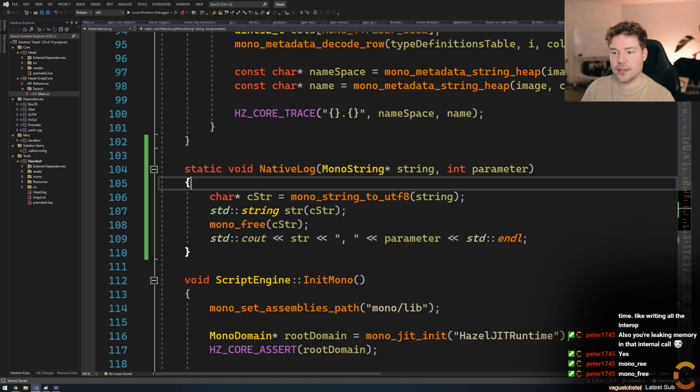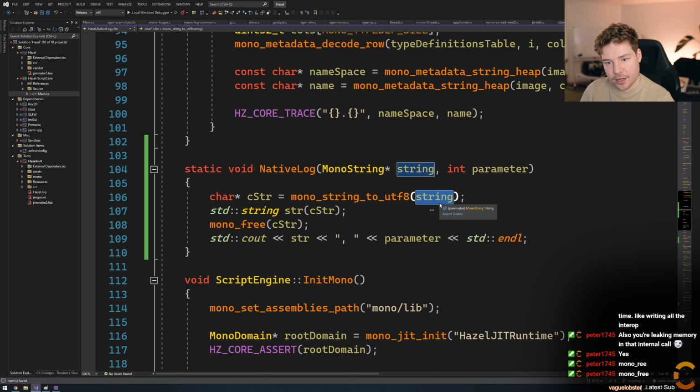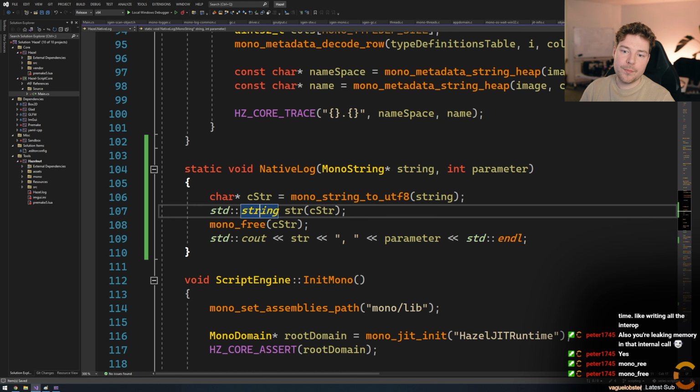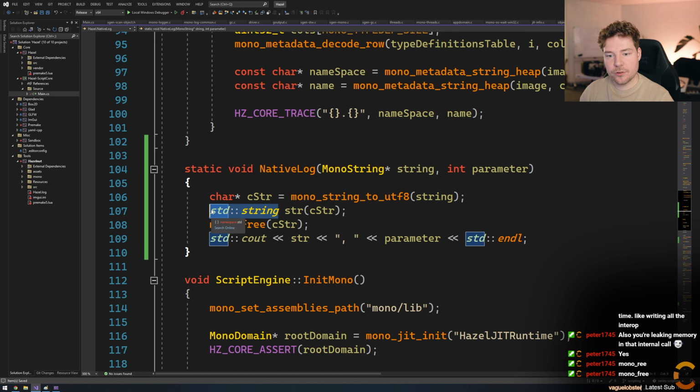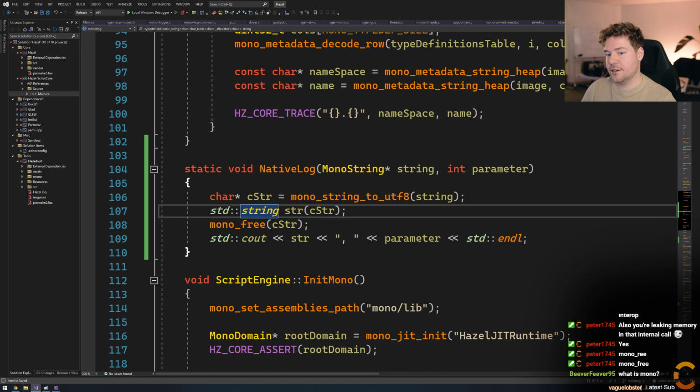And it does that by allocating presumably some kind of block of memory to house these characters inside the string. That's the pointer we get back, because we're not getting back a std string, which could be destroyed automatically, because that's a wrapper for a pointer for a raw allocation. This is the raw allocation, so we need to make sure that we've freed it. Now this line of code here will copy this data into here, so it's valid.